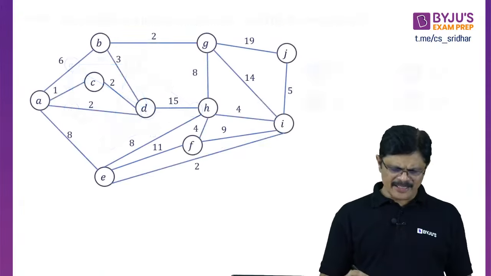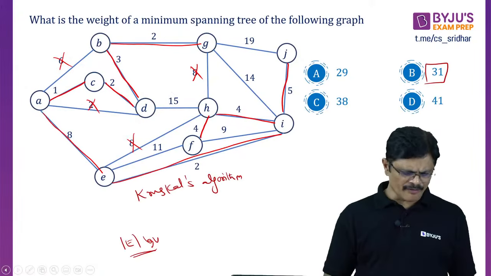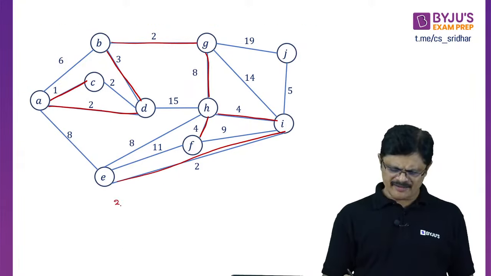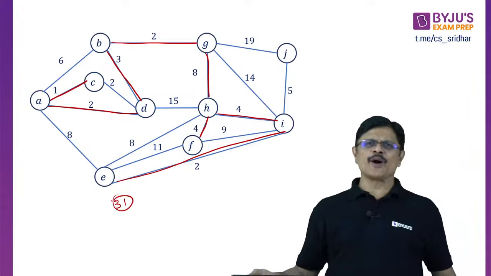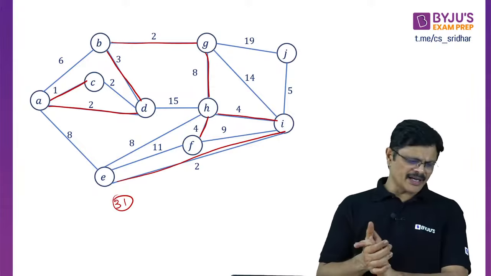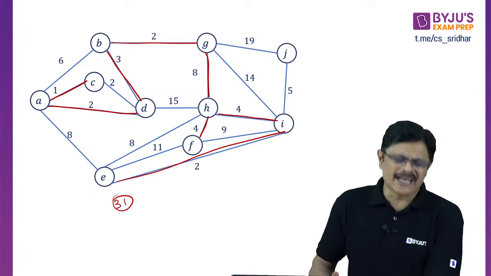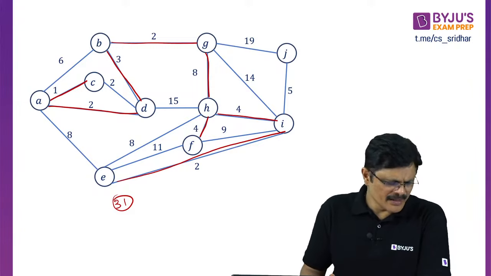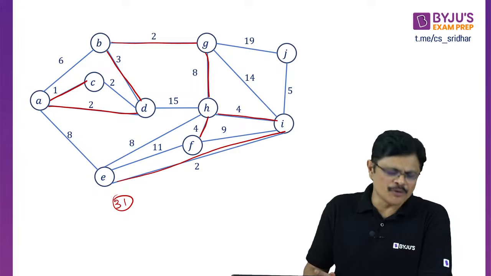So that is the answer, my dear friends. I think the answer should be 105. Sorry, the answer should be 31 for this. So these are some problems from dynamic programming and graph algorithms. Next time when we meet, we'll take up more questions.